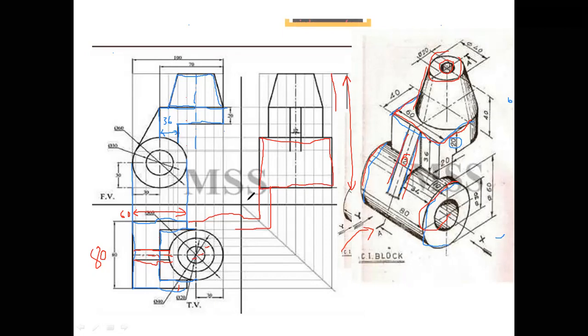So next, here in the middle line we are going to draw the center line. After the center line is drawn here, we are going to see the ribs, 12 mm, 6 mm on either side. So after this, from here it is 36 mm. Okay. From 36 mm, we'll be seeing this portion.